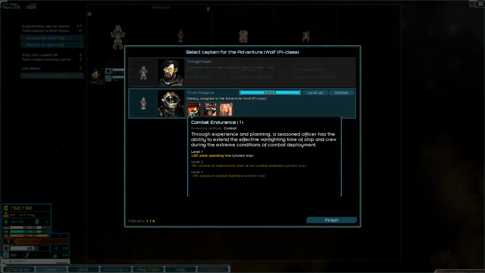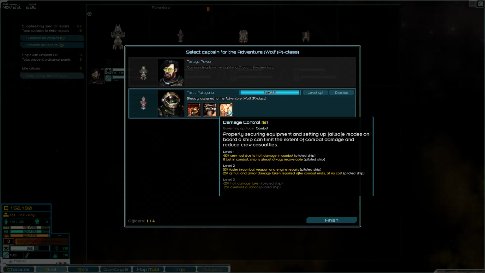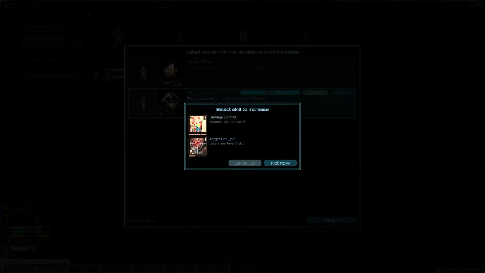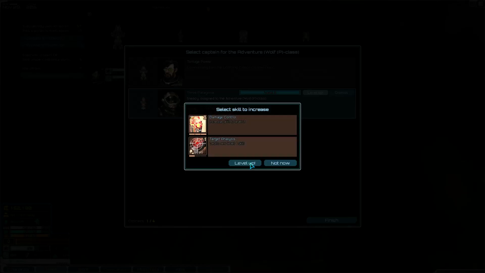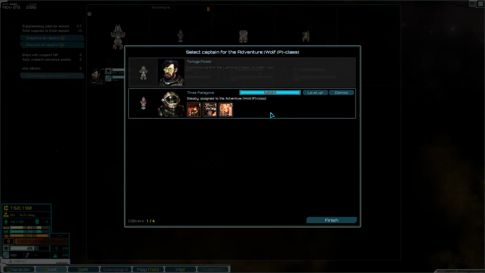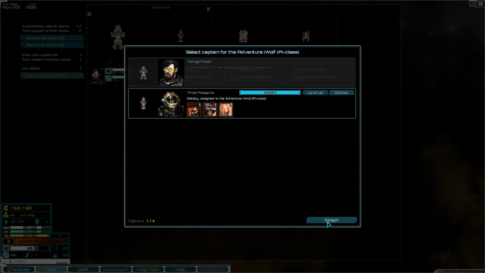Let's level him up. He currently has combat endurance. The next one of that is not that interesting, I would say. Ordnance expertise, not that interesting, but it leads to a very good level 3. And damage control level 3 is pretty good. Let's see what he has. Otherwise, target analysis means damage to weapons and engines. Well, if you have a level 3 of a skill, I think that just has to be the one he gets. So, that's good. Overload duration might be good, especially for the wolf class,